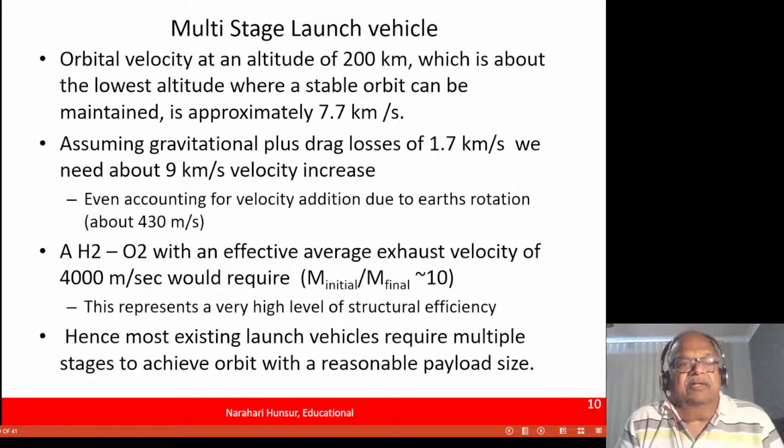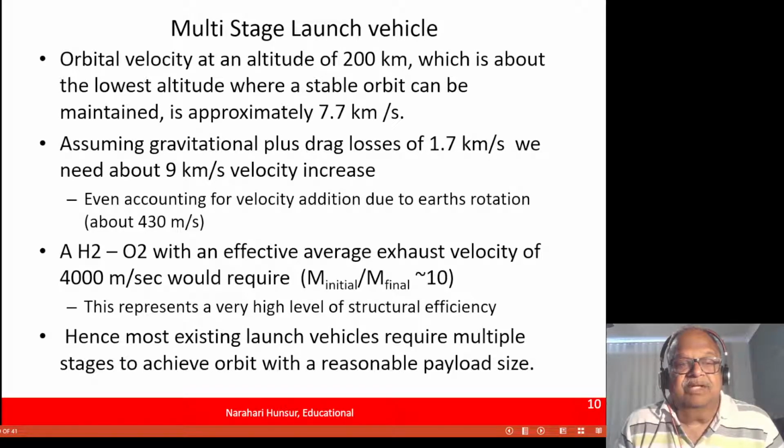So let's look at what is needed to put something in orbit. We will discuss the orbit shortly, but assume that you want to put something at a 200-kilometer orbit, which is about the lowest orbit altitude where a stable orbit can be maintained, requiring approximately 7.7 kilometers per second. Assuming gravitational plus drag losses of 1.7 kilometers per second, we need about 9 kilometers per second velocity increase. So even accounting for a velocity addition due to Earth's rotation, that's about 430 meters per second,